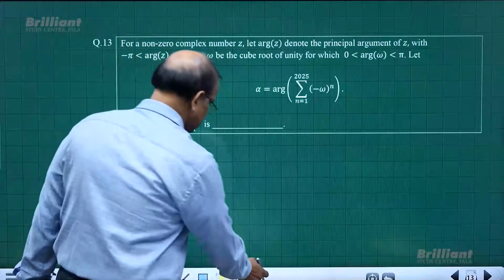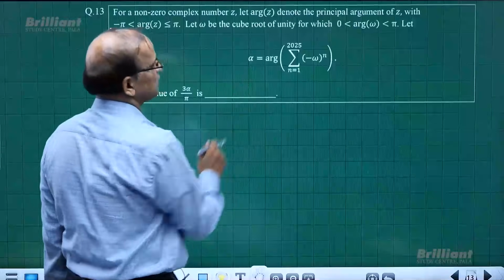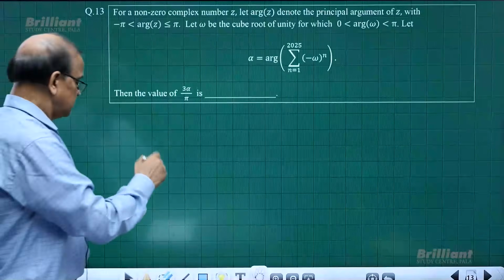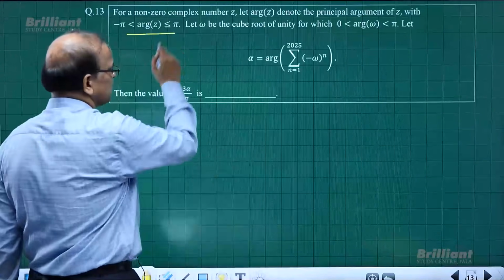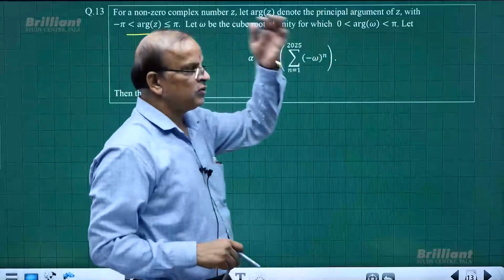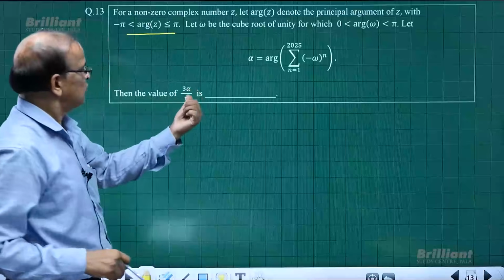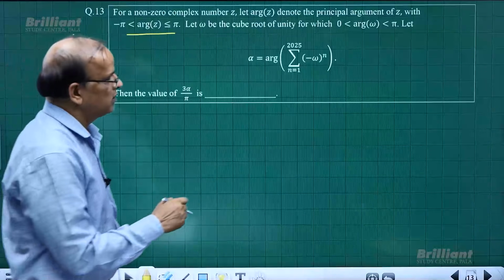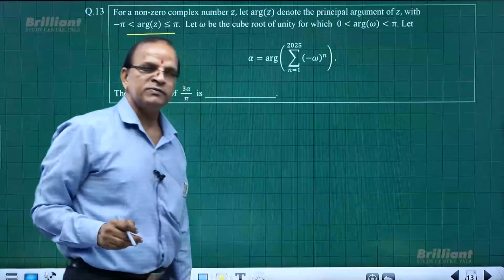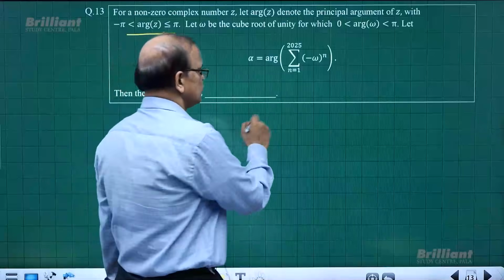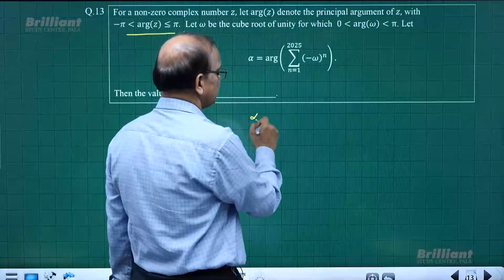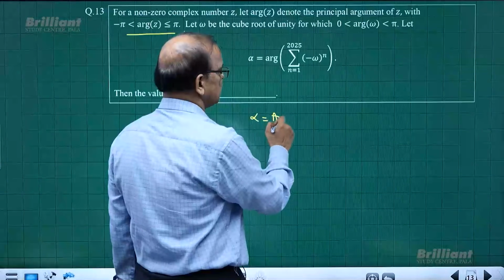Now here, what is this? This is the principal argument range. Omega is the cube root of unity, then let alpha be this, then the value of 3 alpha by pi. Okay, now we can write this expansion, summation. So what is that? Alpha is equal to argument of, right,